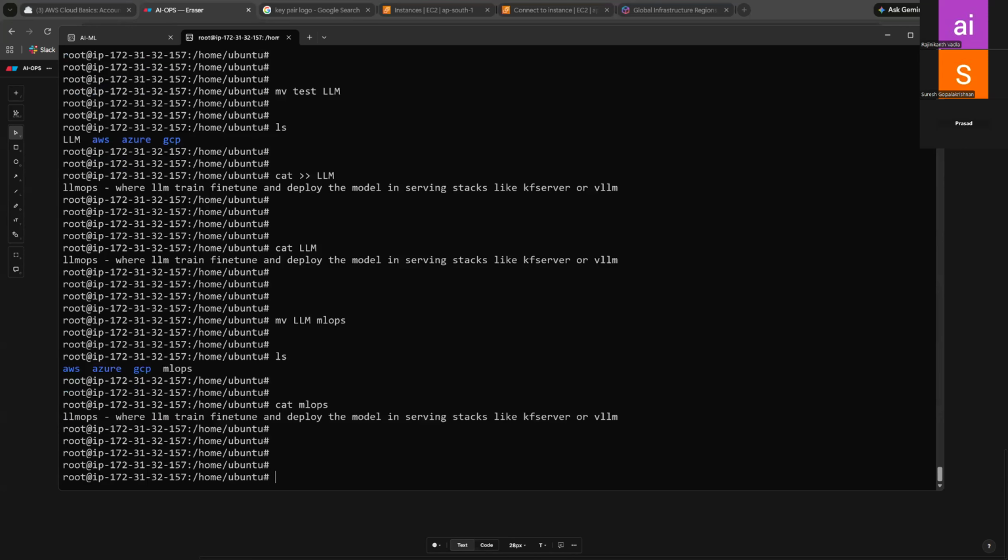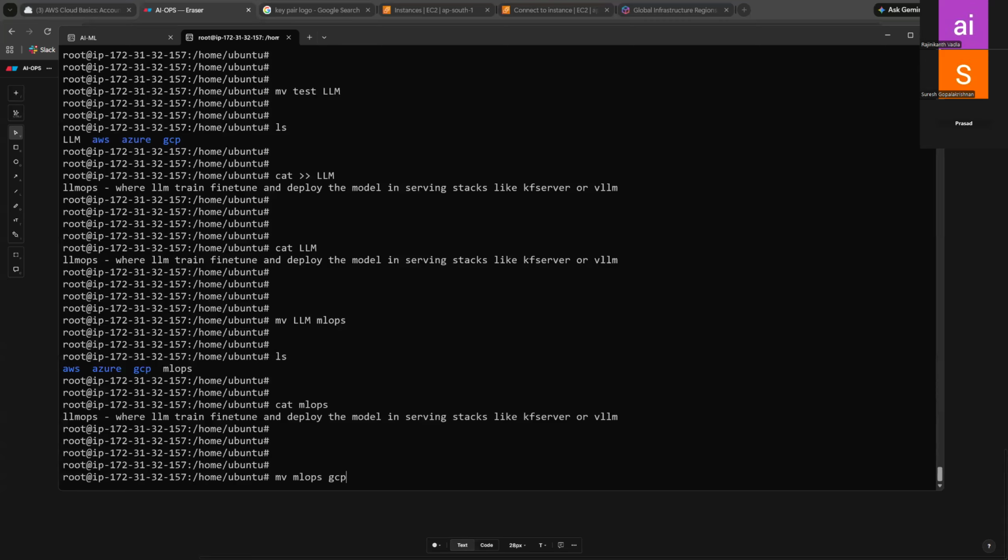But if you use a directory name, now with MLOps I wanted to rename with a directory name. It's not possible here because GCP is already a directory. If I say mv MLOps GCP, then it will move. It will not replace.